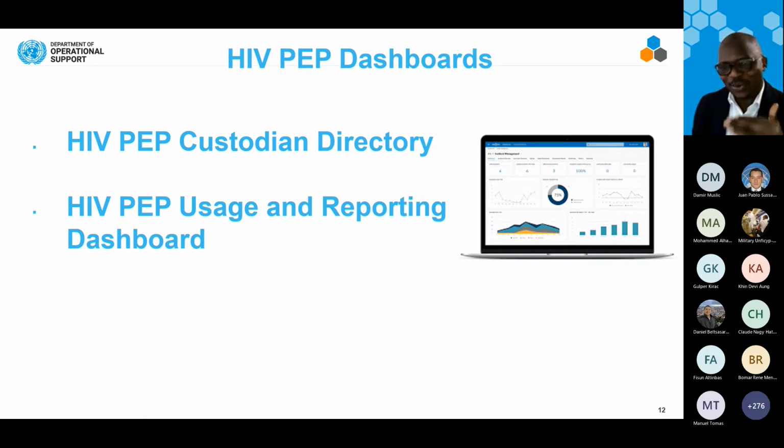So if we are not getting adequate reports from you, we will not be able to present what you will see during the next presentation, and you will not be able to have access to them, because all the resources coming during the next presentation are things that you can access from your own end as custodian or stakeholders in the management of the delivery of HIV PEP to personnel within your country.